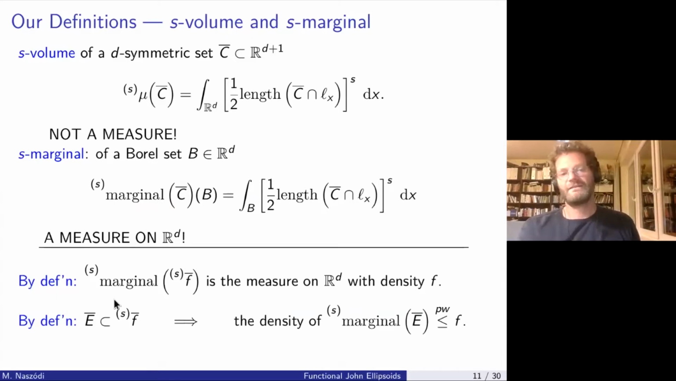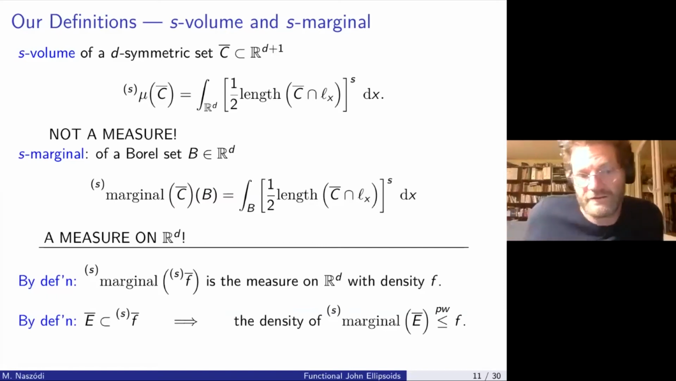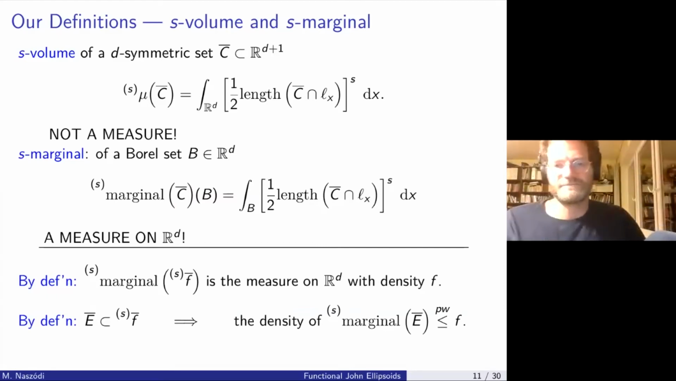If a set is a subset, so let's say you have two D-symmetric sets, one of which is a subset of this S lifting, then if I take the density of the S marginal, it will be pointwise less than F. That's again obvious. There is nothing here to prove. You just look at the definitions. Okay, so these are our basic